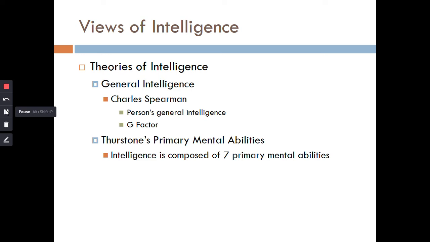So with Thurston's test, he's not going to look at people or rank them on a single general aptitude scale. But like I said, he has his 7 different abilities, and I don't care that you know what they are, but I'm going to tell you what they are anyway. They're word fluency, verbal comprehension, spatial ability, perceptual speed, numerical ability, inductive reasoning, and memory. So he gave 56 different tests to people, and that's how he came up with these clusters of tests to figure out what your mental abilities are.